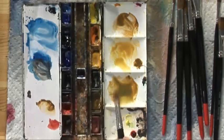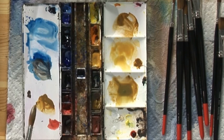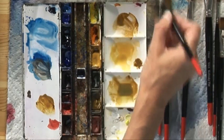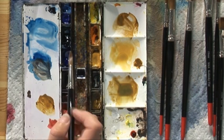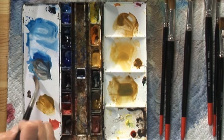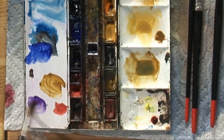Now I want to come straight in with my raw umber and be ready to darken where I need. So I'm going to take a size 8 brush with my, I think I'm going to use ultramarine. I wouldn't normally use 2 blues, but I think the Prussian blue is a little bit too greeny. Let's just see what happens. No, I'll go for violet. That's what I'll use. Violet will dull down the yellow ochre and the raw umber for the shadows because it's